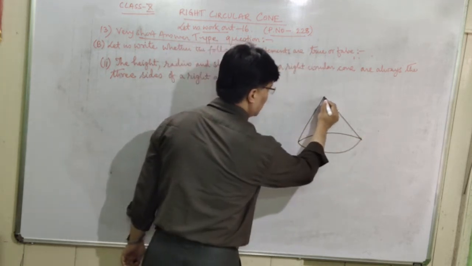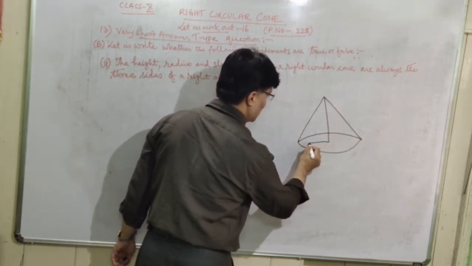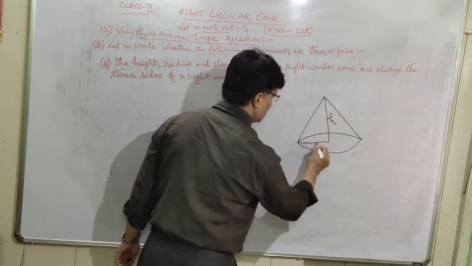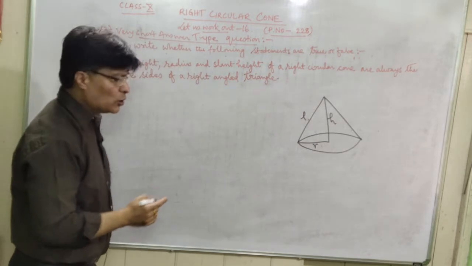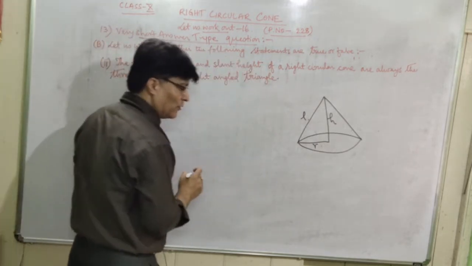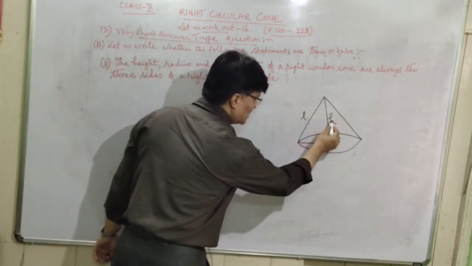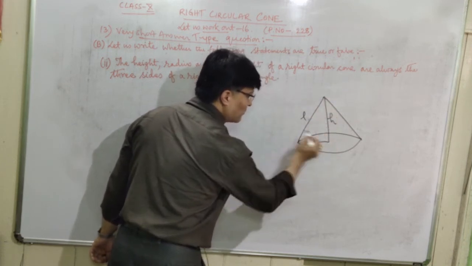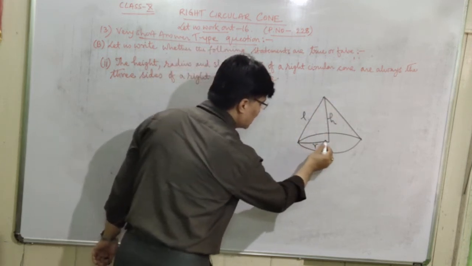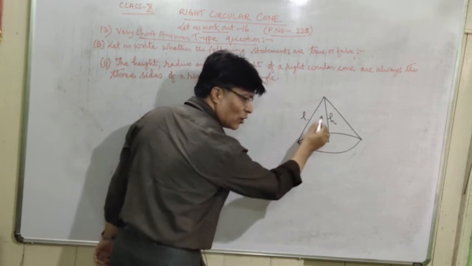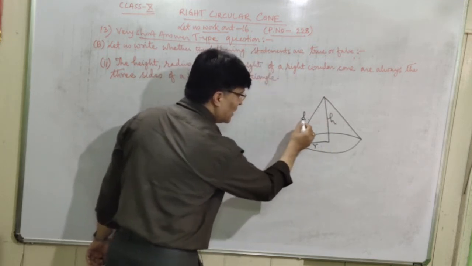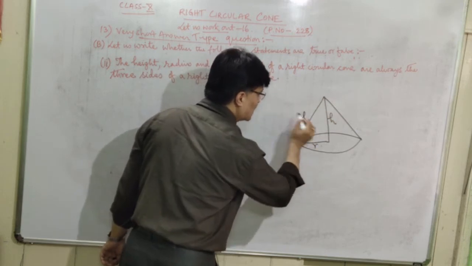This is the cone, this is the height of the cone, and this is the radius. This is the height, this is the radius of the base of the cone, and this L is the slant height. So from the figure we know that this H is the height of a right angle triangle, R is the radius of the base of the right angle triangle, and this L, that is the slant height, is the hypotenuse of